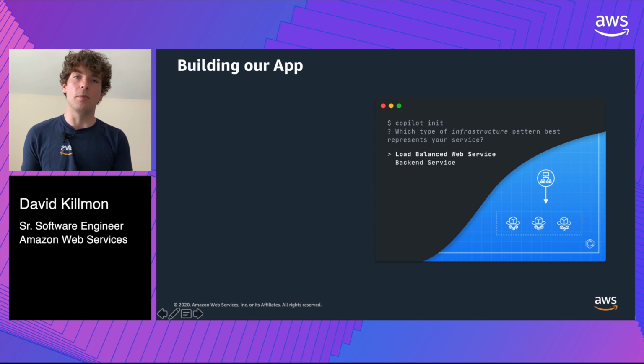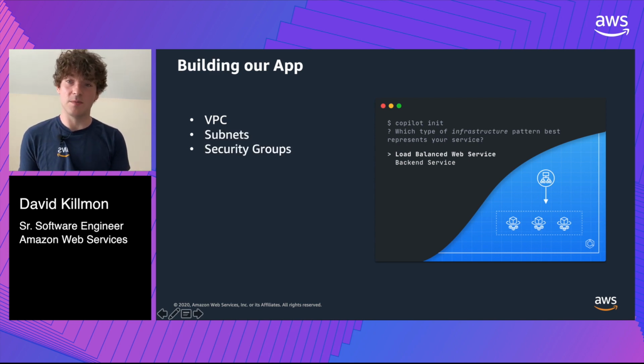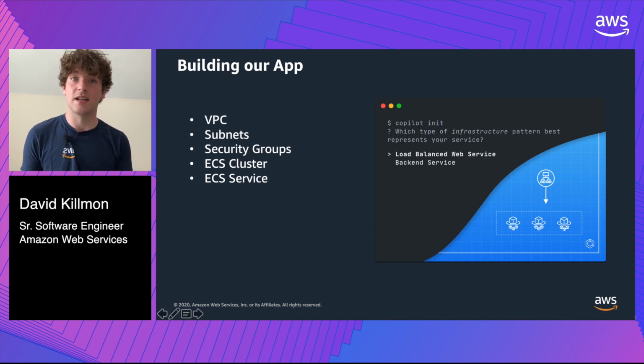So when you first start with Copilot, it will ask you a bunch of guided questions to help you set up your service. And one of the questions we ask you is, what type of architecture best represents your application? And this architecture actually translates directly into a set of infrastructure resources. So as an example, if you said, I want my service to be a load balanced web service, i.e. a service that serves customer traffic, Copilot will actually set up a bunch of resources for you, including your VPC, the subnets for your VPC, security groups for your VPC to make sure that you don't have any unwanted traffic coming in, an ECS cluster, and an ECS service to actually manage your code and make